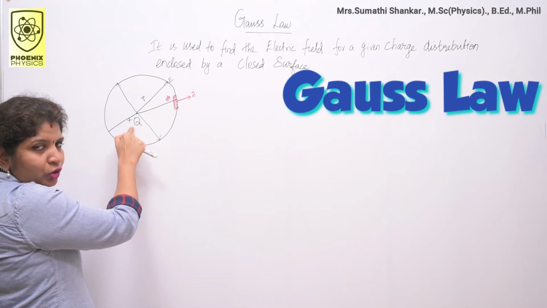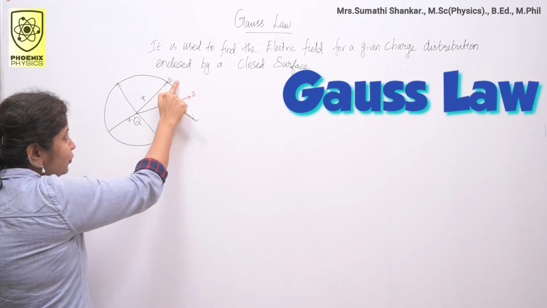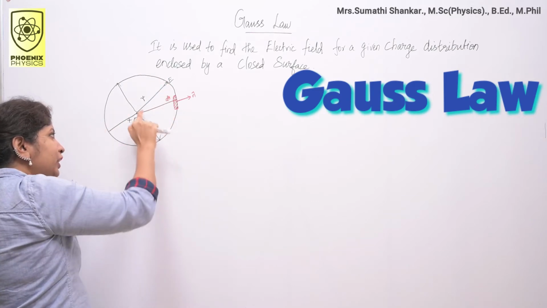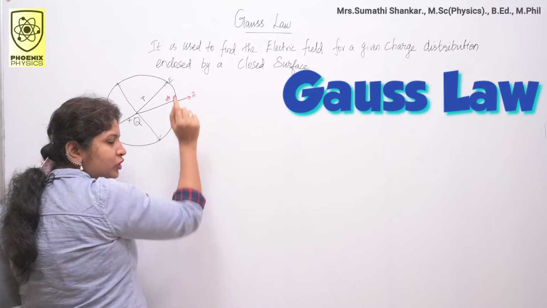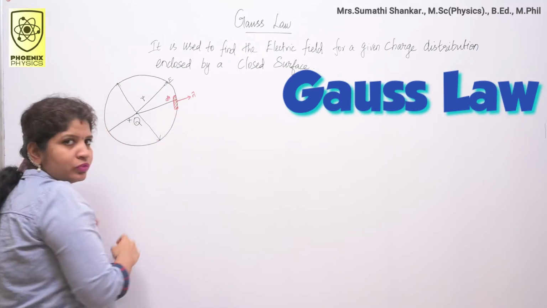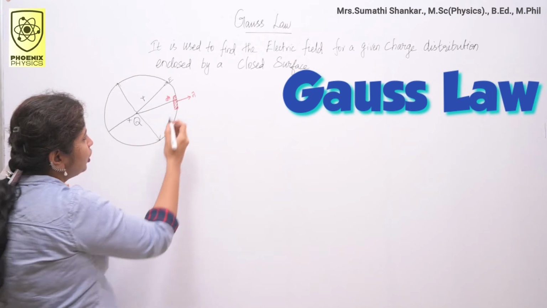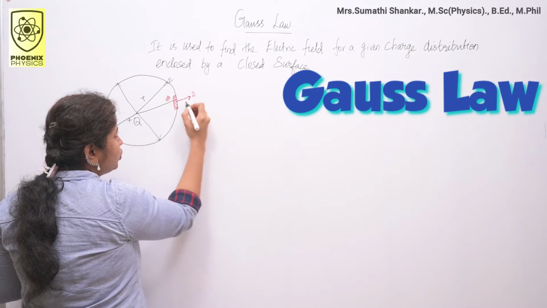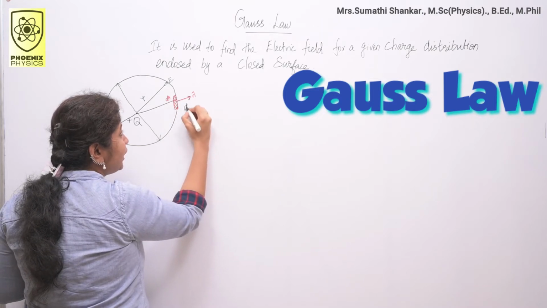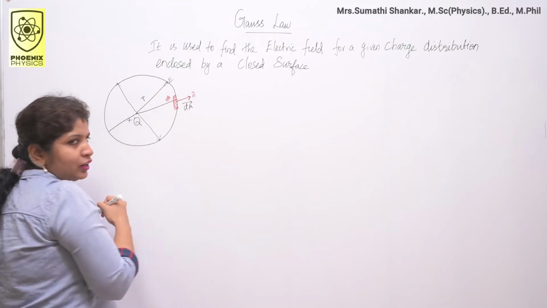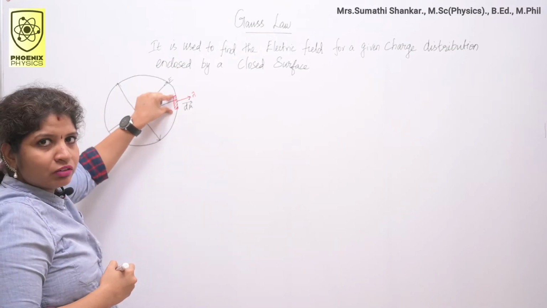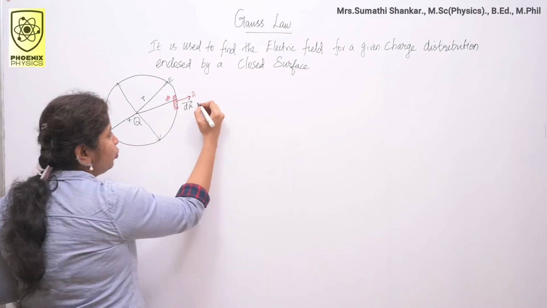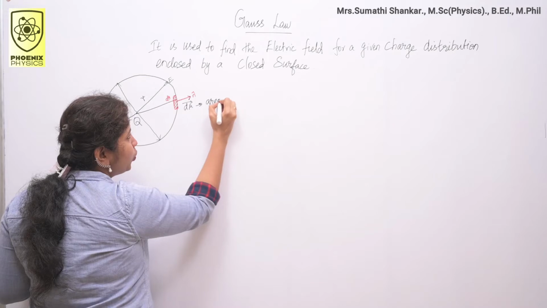Here it is a positive point charge. You know that the electric field of the point charge is directed radially outward at all the points. Consider one small area dA. Suppose you draw one perpendicular line like this, now this area becomes area vector dA vector, because this portion will give the magnitude. What is this n cap? n cap is nothing but a unit vector. What is this dA vector? Area vector.